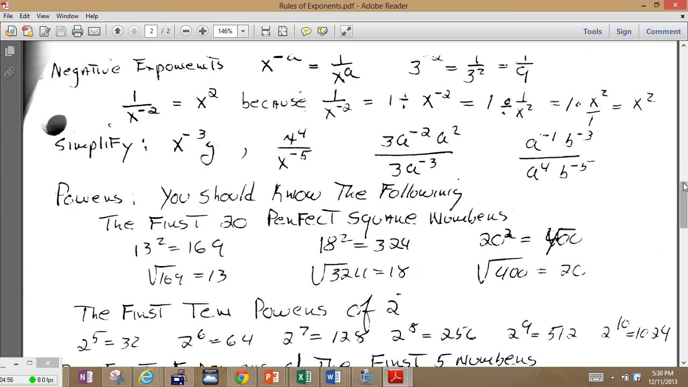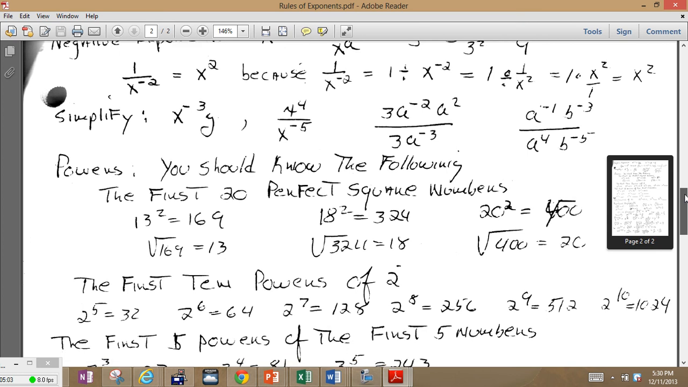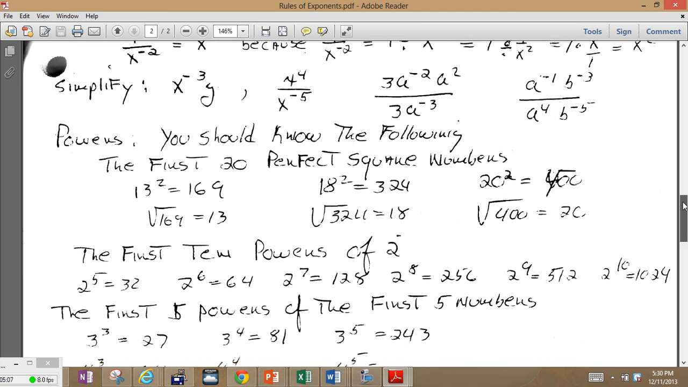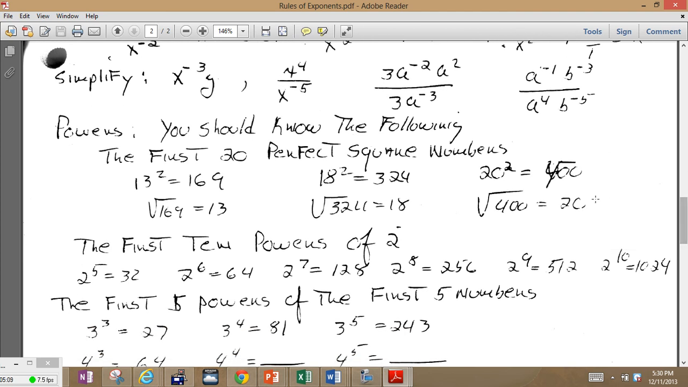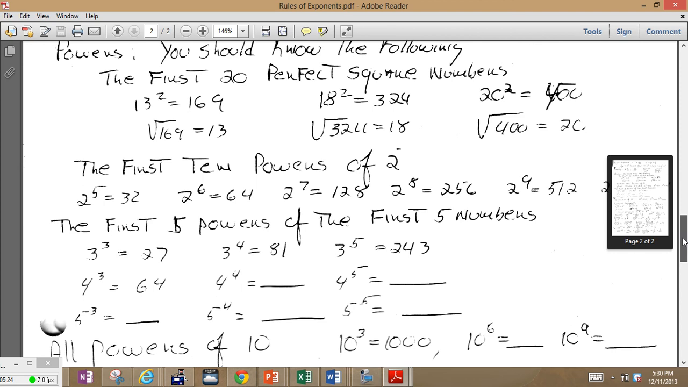You need to know all those powers, all your perfect squares, at least the first 20, 25. You need to know all these powers of 10, and up to 2 to the 10th being 1024. You should have good control of those and recognize them. They're going to come up a lot. You should know the first 5 powers